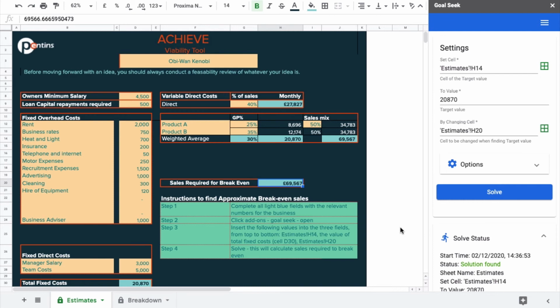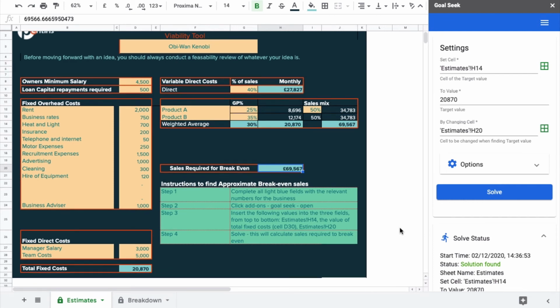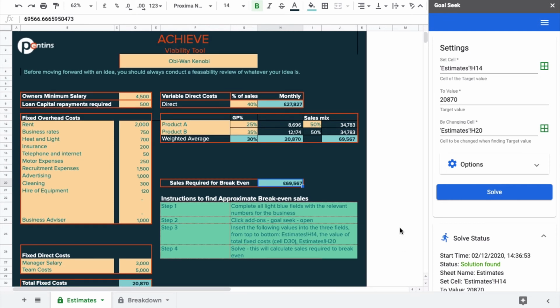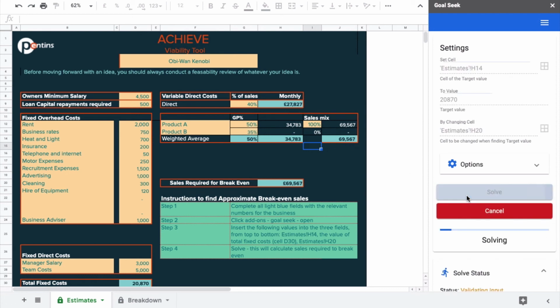Now, once you start using it, just play with the percentages, and you'll find that by changing these percentages, I'll change this now. If we were making more per product, let's say we were making 50% margin, I'll simplify it to one product, so the other product B is irrelevant in this case, and run this again. You'll see with 50% margin, click solve. I've already done the estimates. Once you've done this once, you don't have to do it again. Click solve,